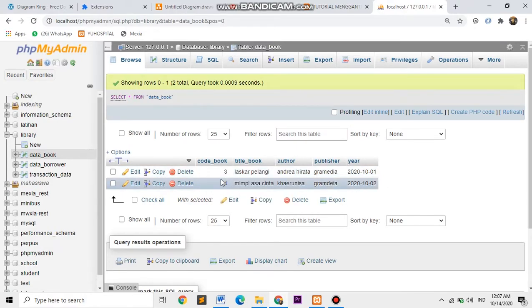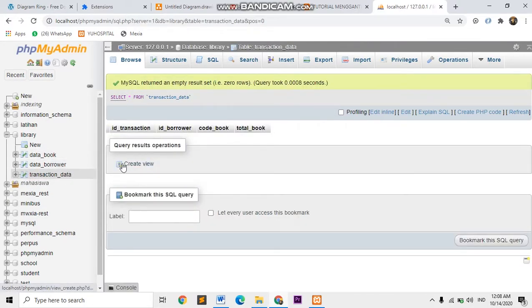Code book is 3 and 4 because before, I made two data and I deleted them. After we make the data book, data borrower and transaction data entities, and we insert data, how do we make the relationship? In phpMyAdmin it is easier.